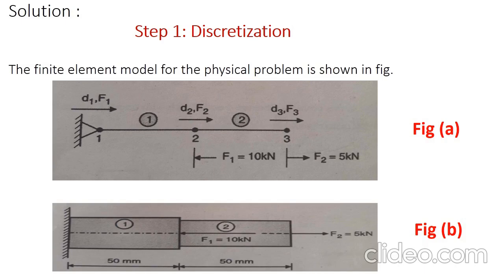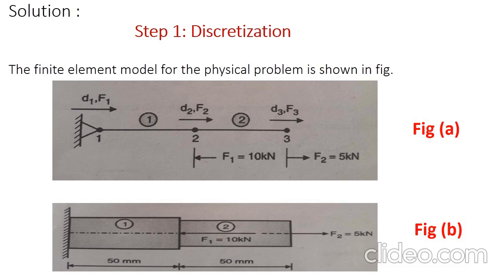Now about displacement. The number of displacements is equal to the number of nodes. For example, if we have two nodes, there will be two displacements. If we have five nodes, there will be five displacements. As per our numerical, this physical model has three nodes, therefore there will be 3 displacements. But out of 3 displacements, node 1 is fixed, our step bar is fixed at point 1, therefore d1 will be 0.